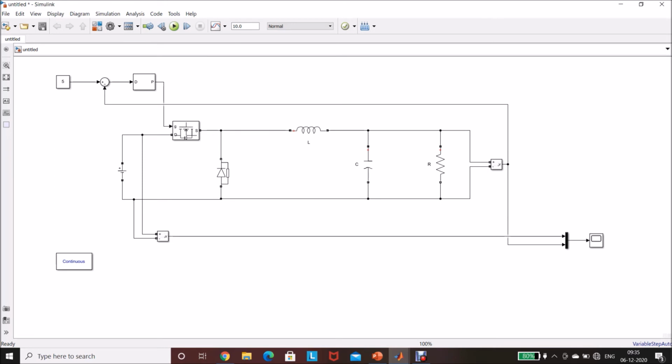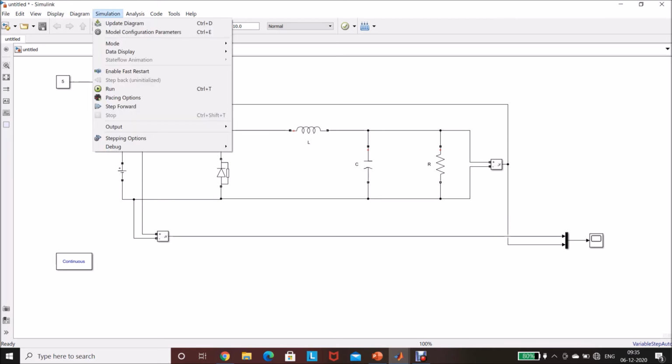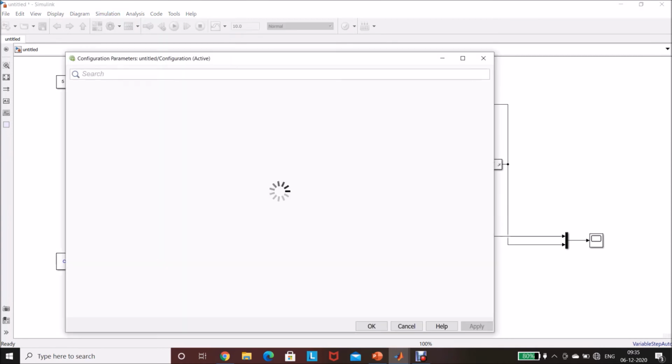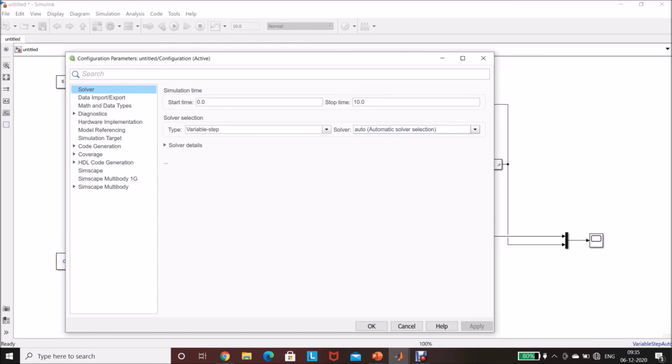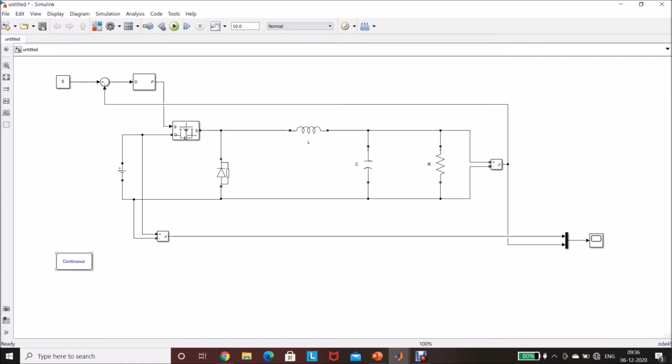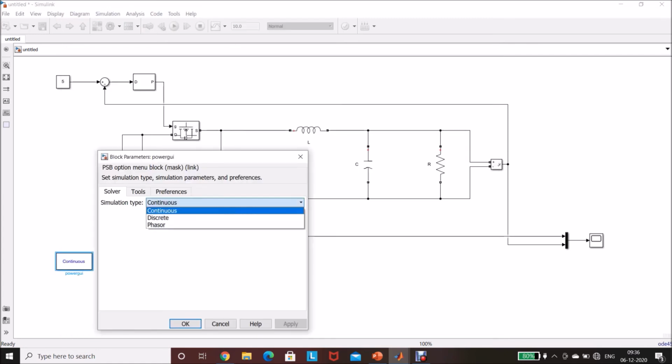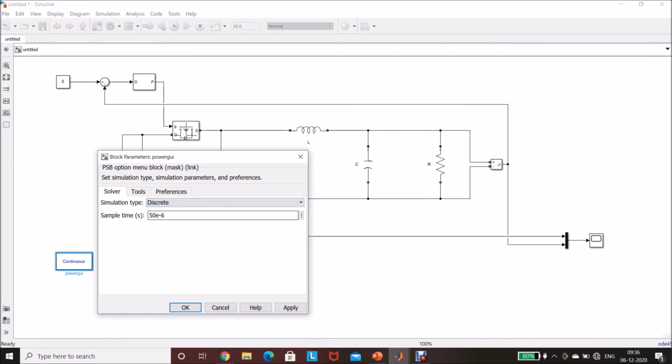Before simulating, go to Simulation, Model Configuration Parameters. In this, select ode45. Click OK. Click the powergui block, select discrete, sample time as 1 microsecond.